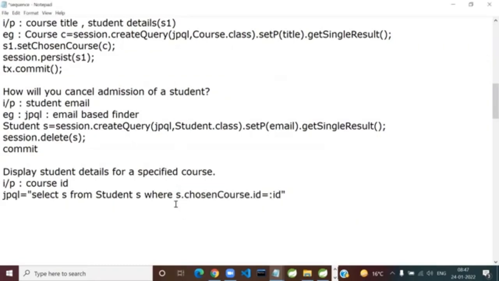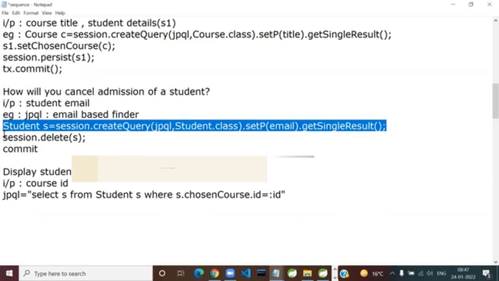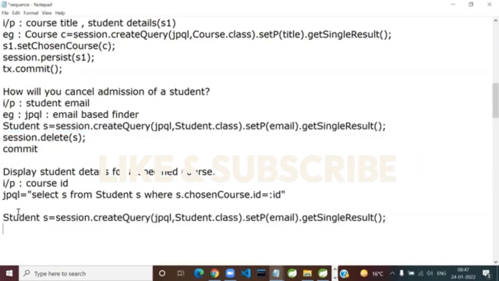So just use, what was that? session.createQuery, JPQL, Student.class, setParameter to ID. And will you use getSingleResult or getResultList? I'll write it for you. Of course, getResultList. So it will be a list of Student. See, I keep writing a lot of things in sequence.